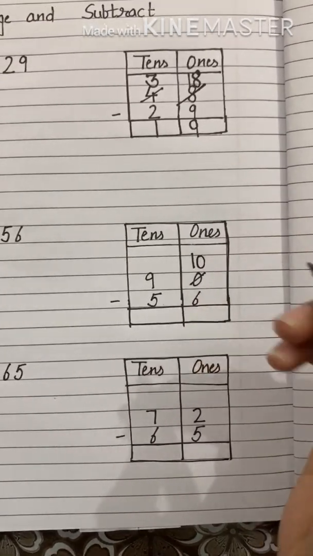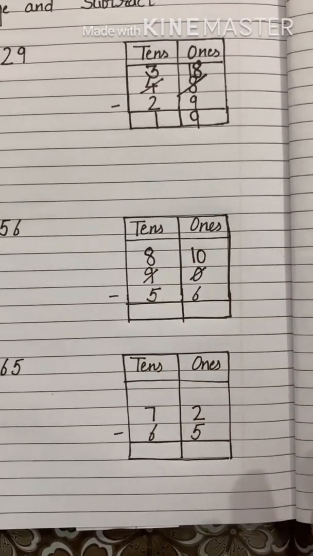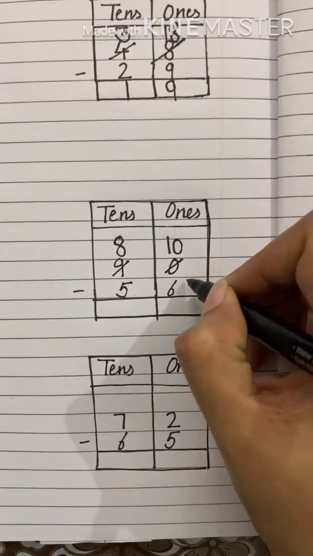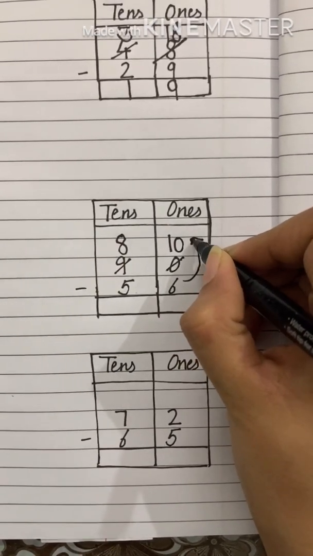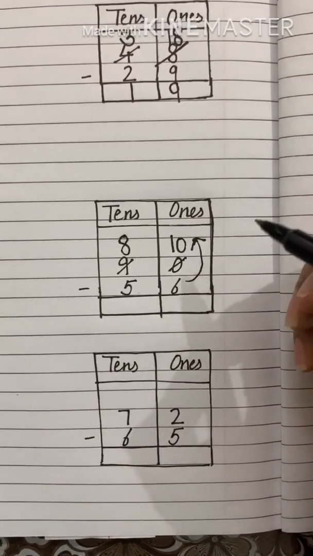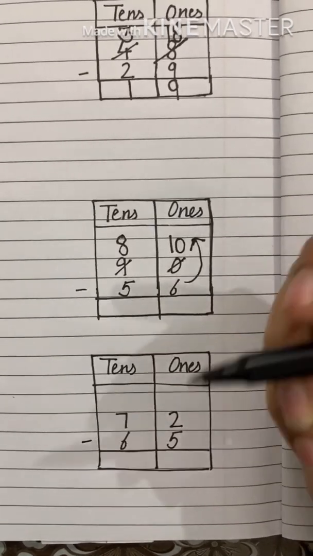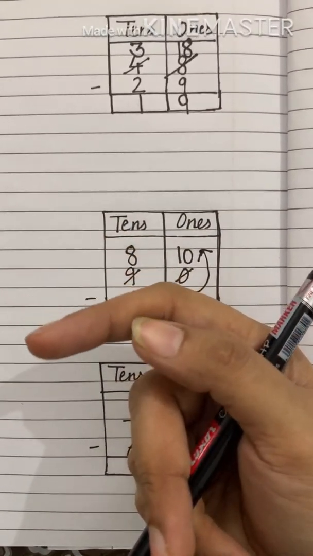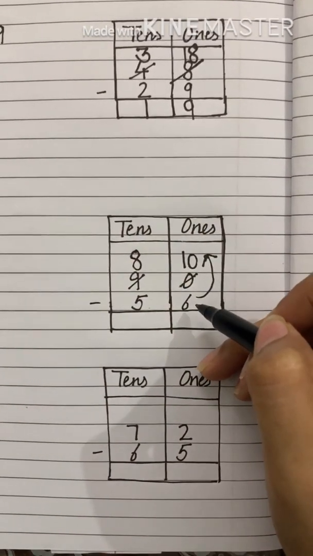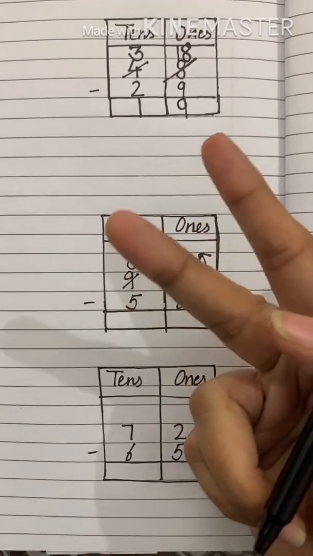To borrow this one, 9 will be 8 now. It will be 1 lesser. Now what we need to do is move from 6 to 10. You need not put this arrow. I'm just putting this to explain that I am making you move forward from 6 to 10. So move like this: 7, 8, 9 and then 10. See, I did not start with 6. I am counting from the next number: 7, 8, 9 and 10.